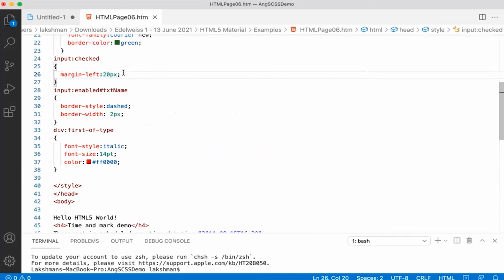All right. Further, div colon first of type. Just a gentle reminder, on this page, I pointed out there are two divs, div colon first of type. So it's like saying the first occurrence of the div on the page is something that I'm interested in. Only the first occurrence of the div is what I'm interested in. I want to do some formatting. And finally,